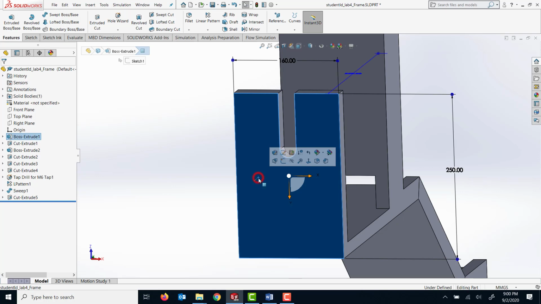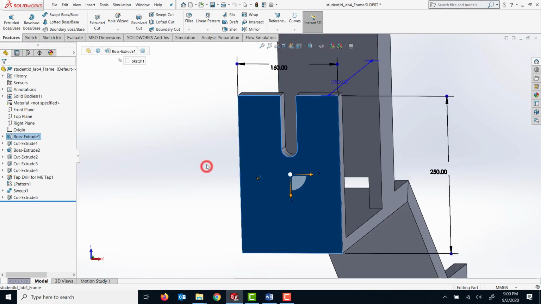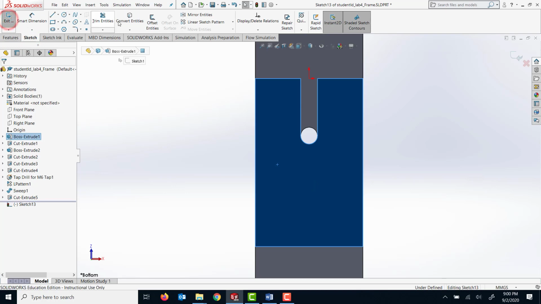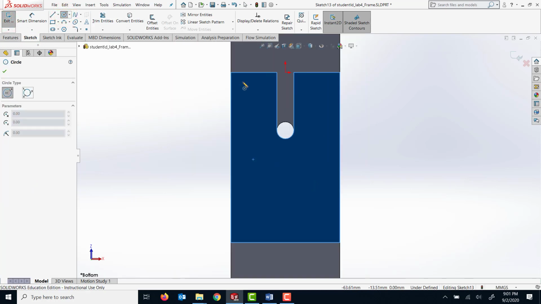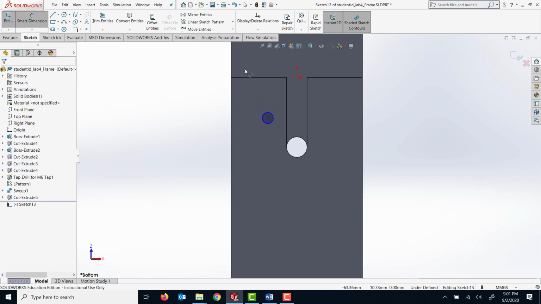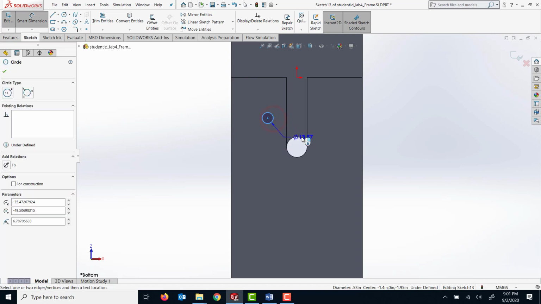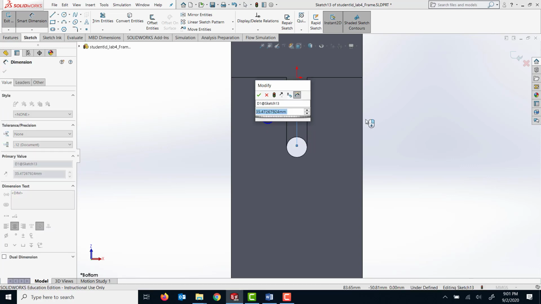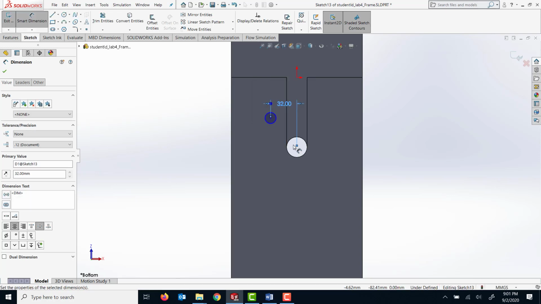And now I'm gonna add another sketch on this face, and I'm gonna press the space bar key again. I'm gonna click on this view and I'm gonna zoom in. I'm gonna click on the sketch icon, and I'm gonna add a circle somewhere there, and I'm gonna add the dimensions now. So the dimension from center point to this center point, the horizontal distance is 32 millimeters, and